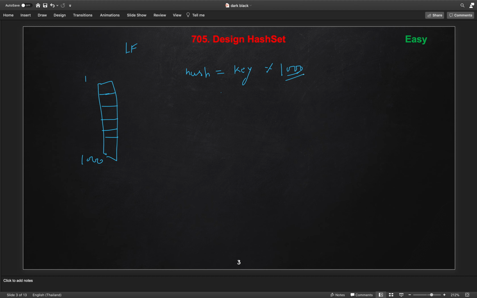We will get the hash using the capacity, let's say the initial capacity we initialize with 1000. If we do this, we will get the hash, and based on that hash we will fill the value into that index of our array.